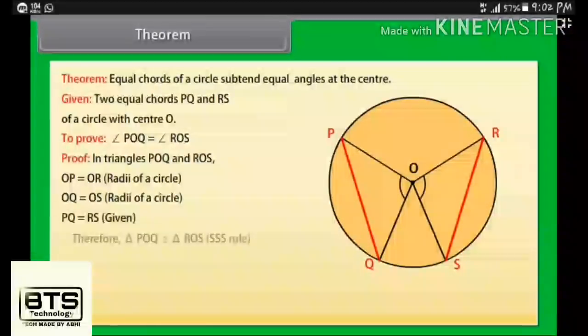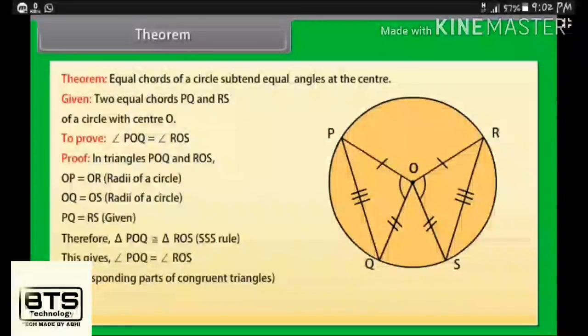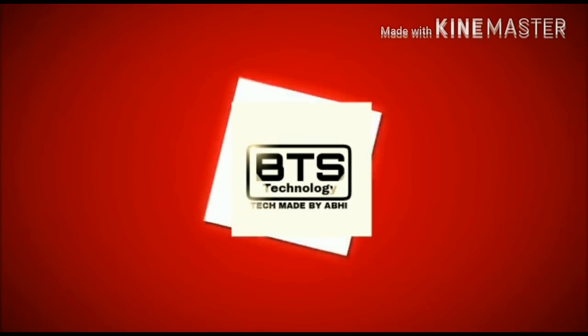OQ is equal to OS. These are also the radii of a circle. PQ is equal to RS given. Therefore, by SSS congruence rule, triangle POQ is congruent to triangle ROS. This gives angle POQ is equal to angle ROS because corresponding parts of congruent triangles